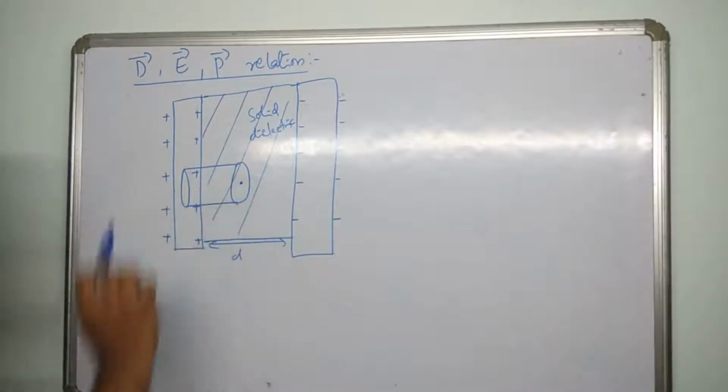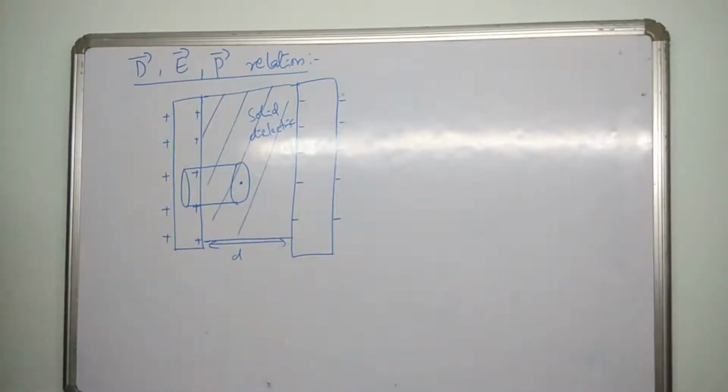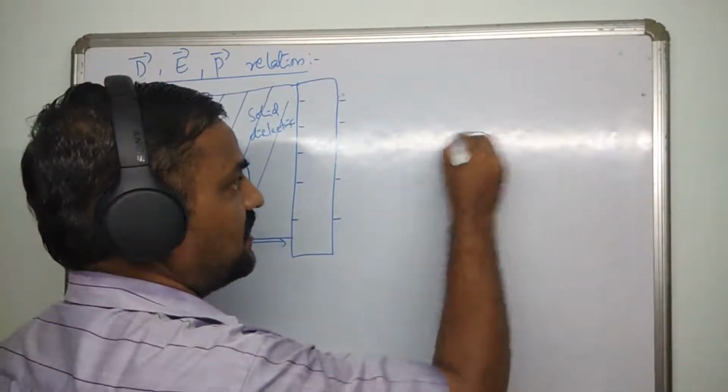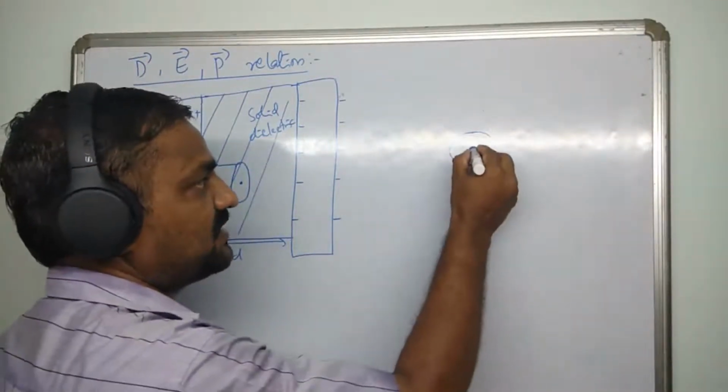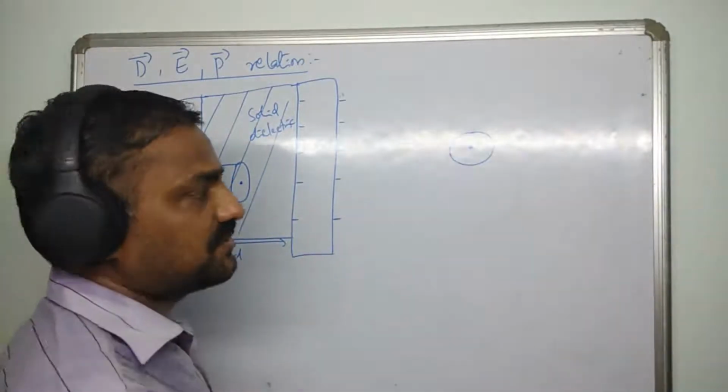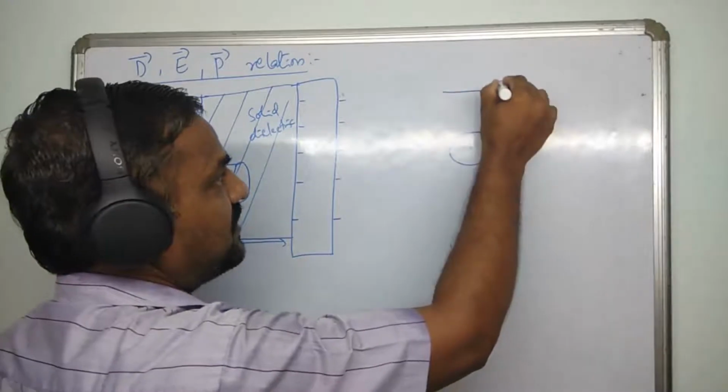So at this point, I am once again interested in calculating the electric field. But there is a phenomenon called dielectric polarization. Let me explain what happens here. If you consider an atom, this is the neutral atom, and if you don't apply any electric field, it will be in spherical shape. The moment when you apply electric field,